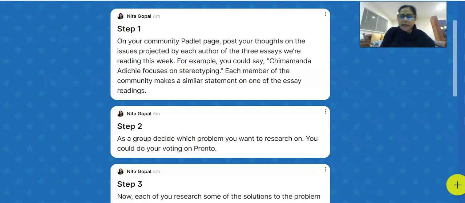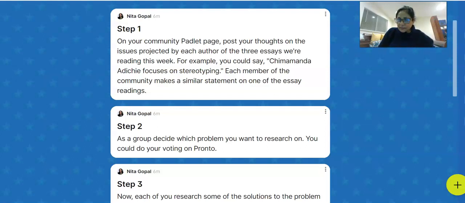A lot of studying is happening. On top of that, if I am not clear in what I'm trying to say and have you all do, then it's not fair to you. So very simple group work this is. The purpose of this group work is really critical thinking. Critical thinking on what? On the essays we are reading.